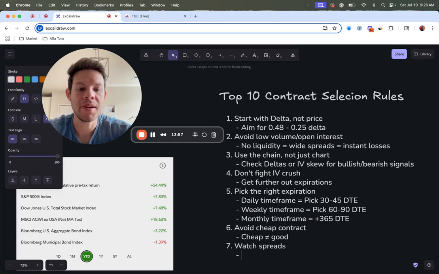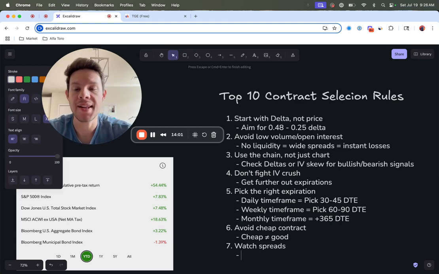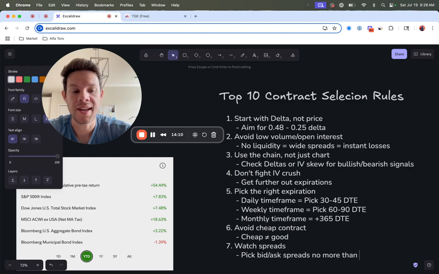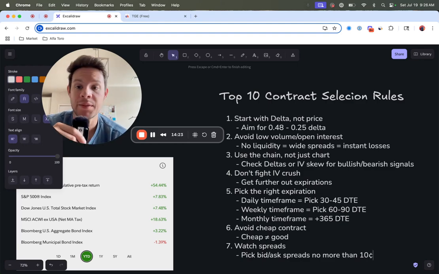Okay, when you're picking a contract, what I like to do is pick contracts that have bid and ask spreads no more than 10 cents. That's the most spread I will ever have on a contract. Because the worst part about having anything more than 10 cents, from my experience,